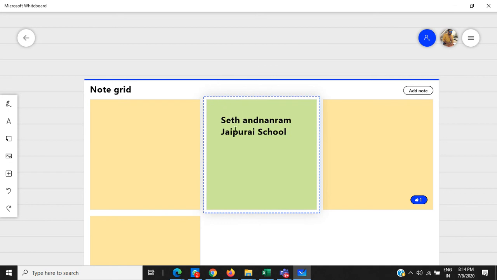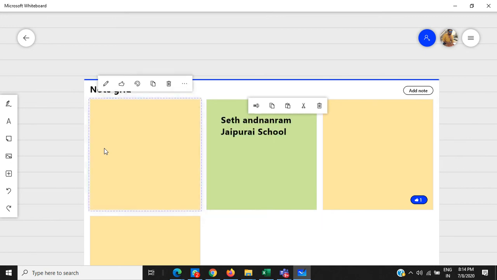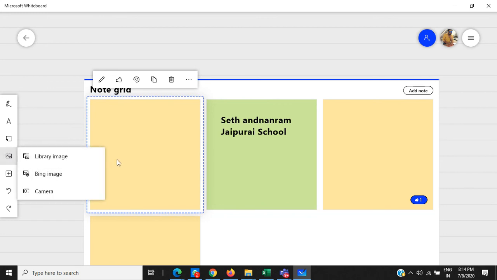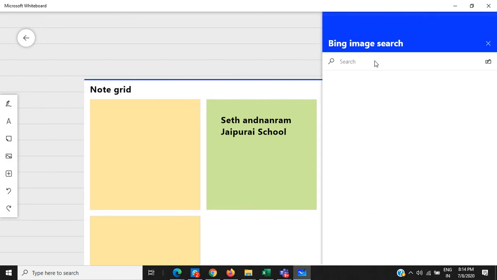and click on the pen button. Yeah, it will select your option. If you want to cut it, copy it or paste it somewhere else, you can easily do that. So the next option is add note. If you want to use the insert menu button, like this image option, you can use the online image as well. So if you want to tell about Pythagoras or something else we're talking about,